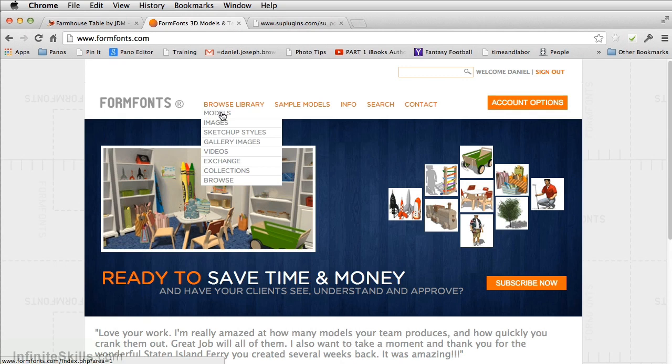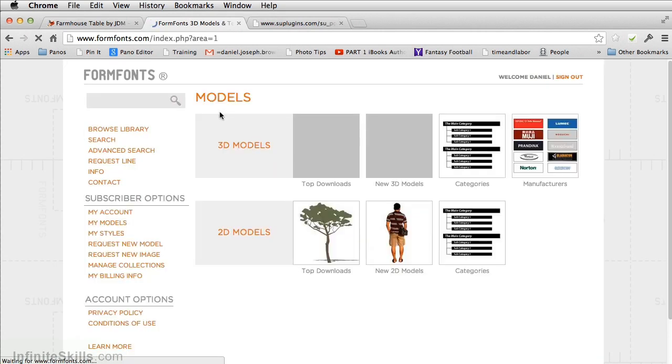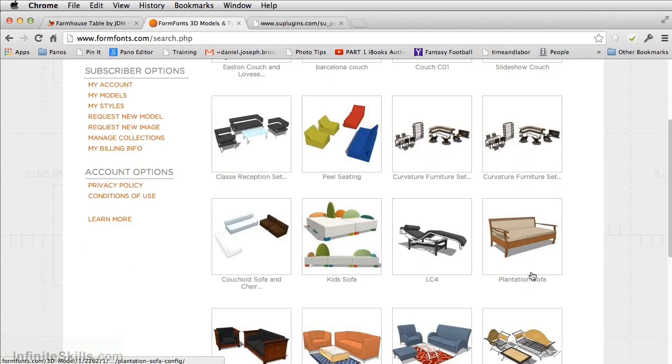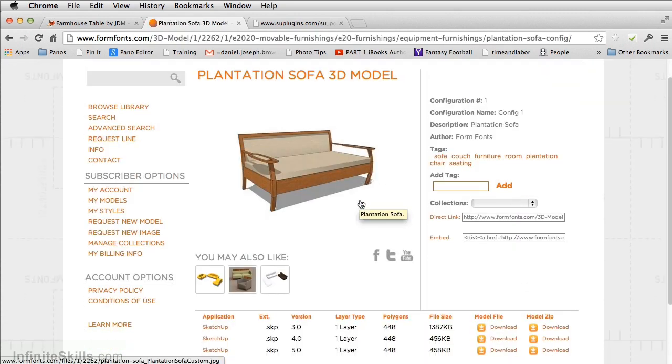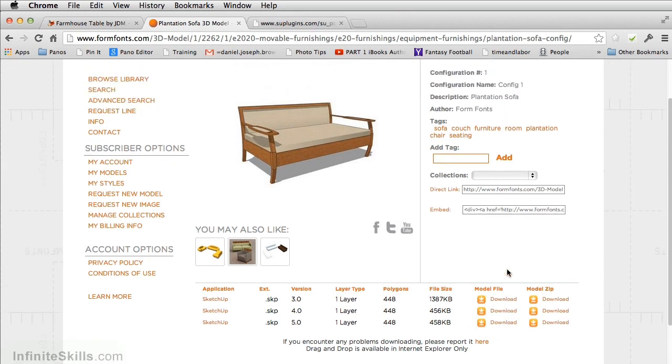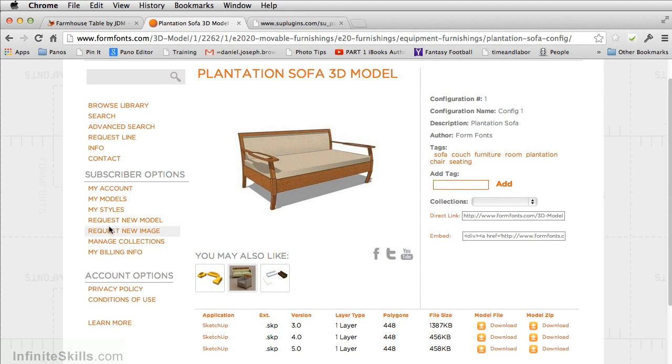But as you can see when I browse the models, the interface is a lot cleaner than the warehouse, and you have a better sense of knowing what you're getting when you're downloading these. So I'm just going to do a search for a couch, and I'm going to download this couch right here. What's great, depending on when the model was created, it'll give you some older versions of SketchUp or any other versions or extensions that are available for this file to be downloaded. Also, FormFonts takes requests for models, so you can request specific models based off of maybe a